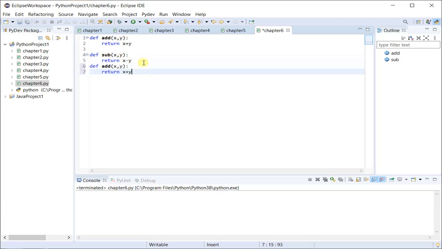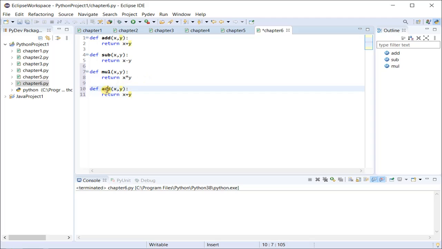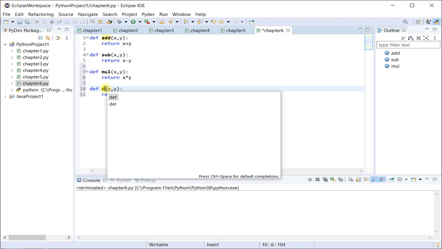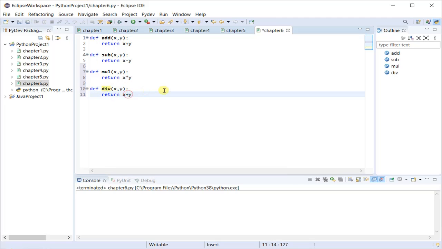Then a multiplication function, I'll name it mul, and it will return multiplication of two numbers. Then a division function, which returns the division of two numbers. So my functions are done.